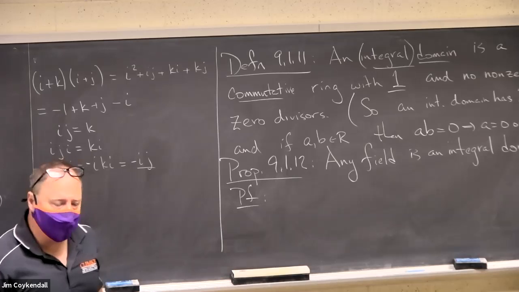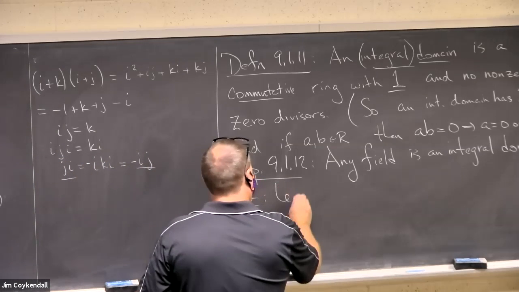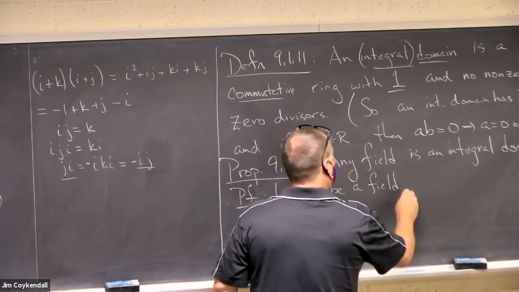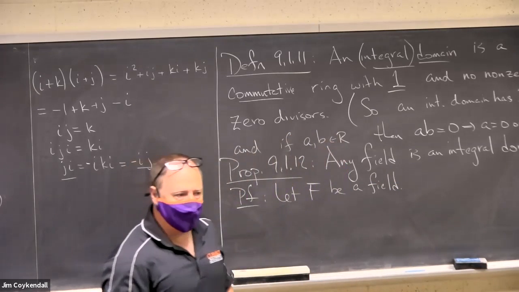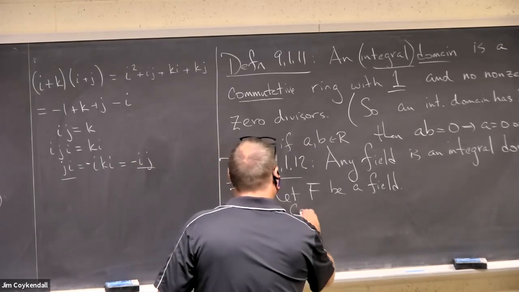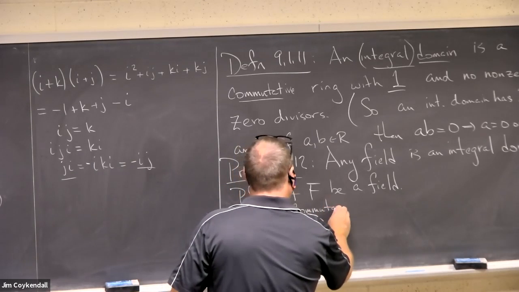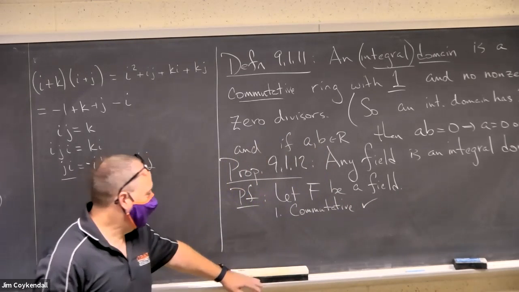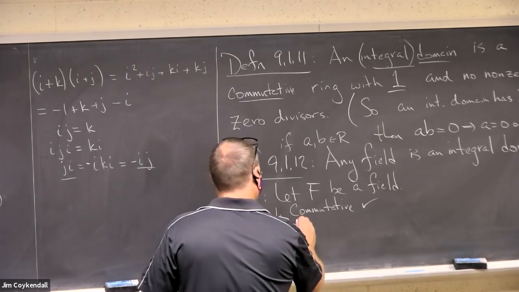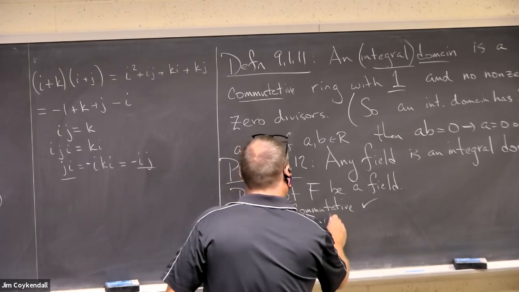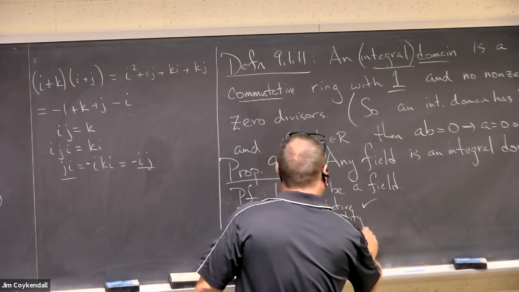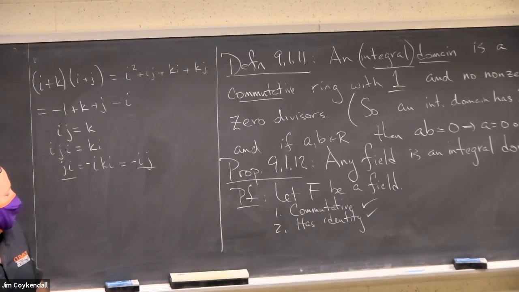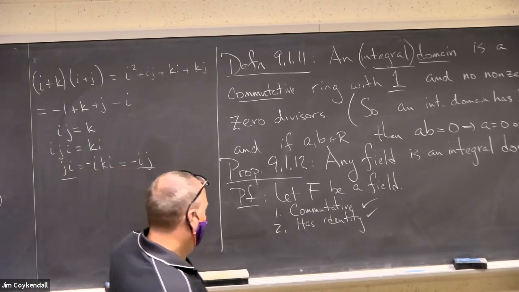Okay, suppose you have a field. Let's go through my integral domain checklist. Commutative. Check. Any field is commutative by definition. Has identity. Check. Any field has an identity because the non-zero elements form a group under multiplication. And finally,